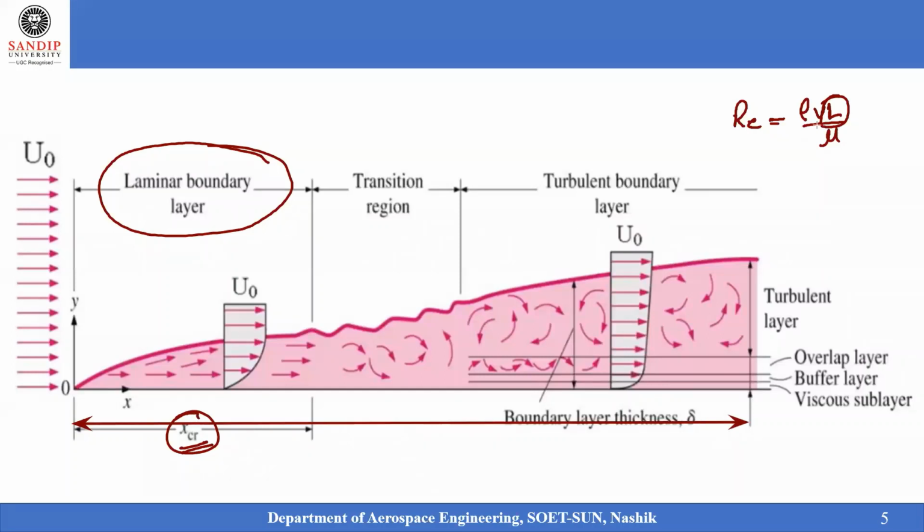So this is the critical length up to which the laminar boundary layer can be achieved, and within that the boundary layer thickness can be defined. I am talking about the laminar boundary layer thickness. When we say simply boundary layer thickness, it is the laminar boundary layer thickness only. When you talk about the boundary layer thickness in the turbulent zone, that is actually the laminar sublayer, not the boundary layer. It is actually the laminar sublayer.